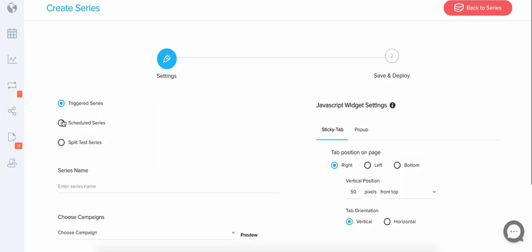if you add your campaign as a tab to your Facebook page. Now the scheduled series is slightly different. That will show one campaign for a certain amount of time, and then let's say maybe on November 1, it advances to the next campaign. And then on December 1, if they go back to that exact same page, it's going to be a new campaign. So it allows you to schedule out a whole bunch of campaigns for the year in one fell swoop